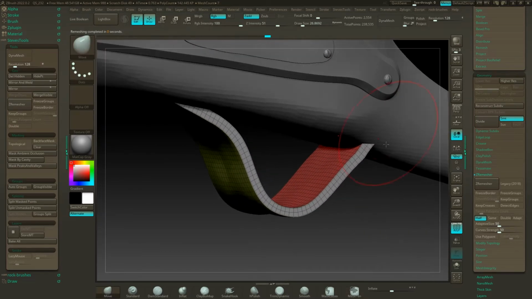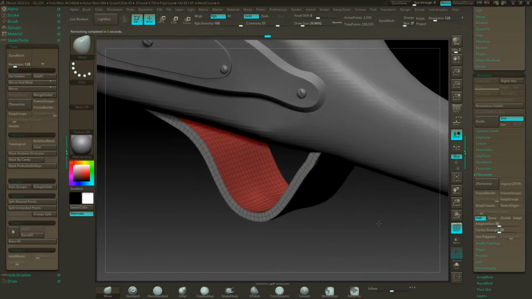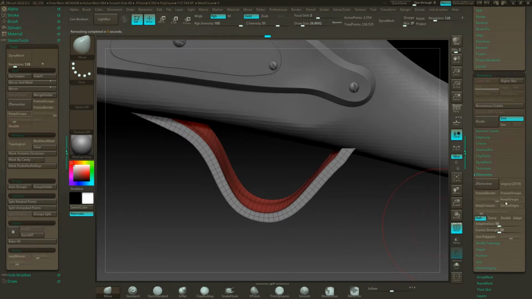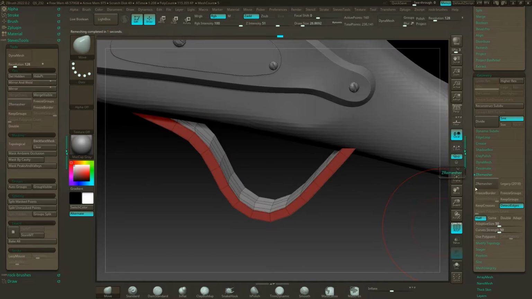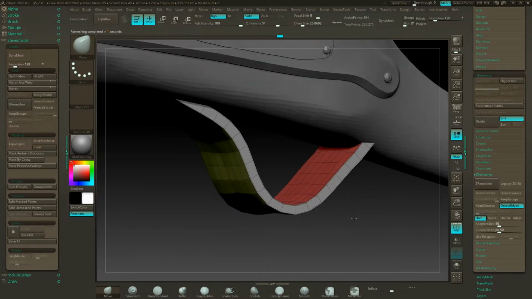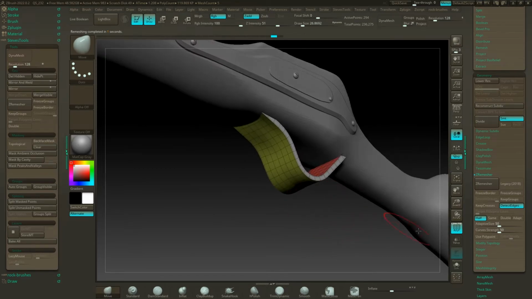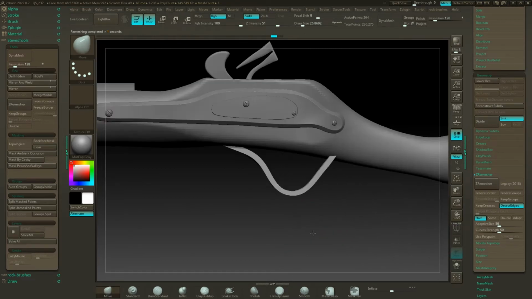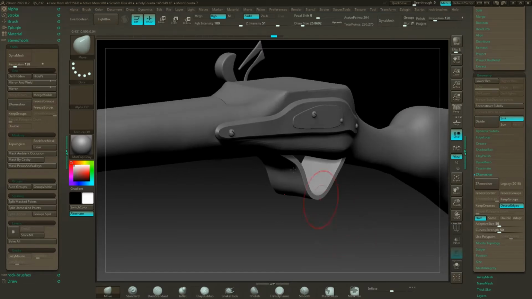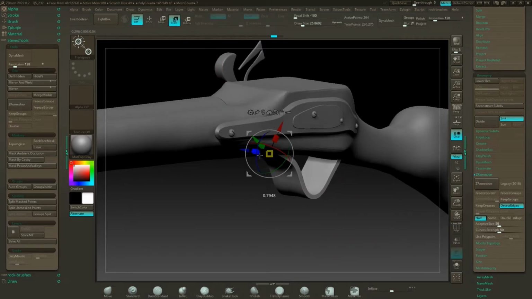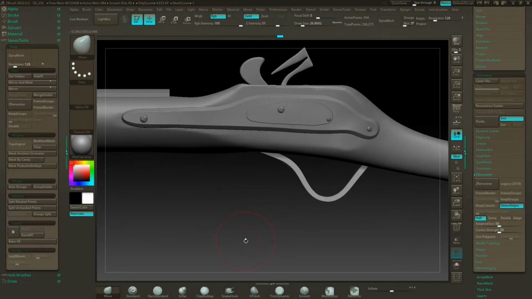And you know what? Let's just leave it at this. Let's keep going. If I hit D, there's our nice subdivided trigger guard. Obviously, this is way too thick, so fill that in. Done. For the trigger itself,